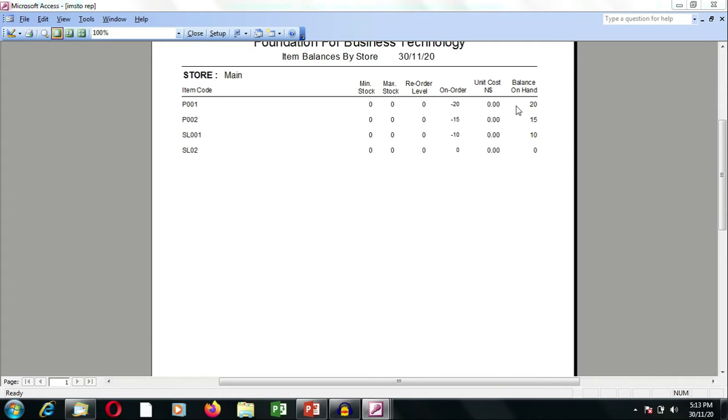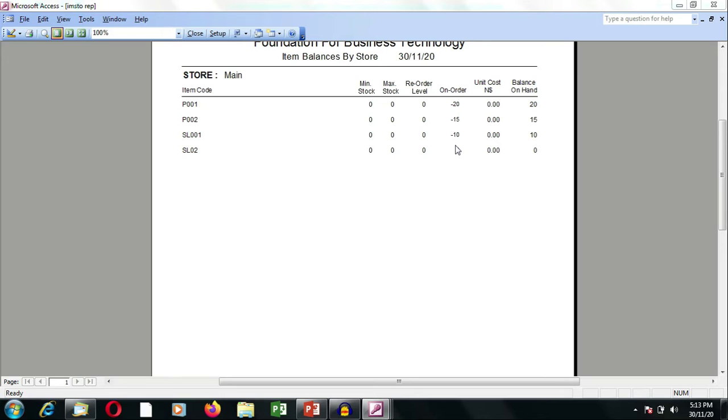You'll see that the balances are now 20, 15, and 10, and then 0 for the item that we did not order. So the on order account is now in minus 20